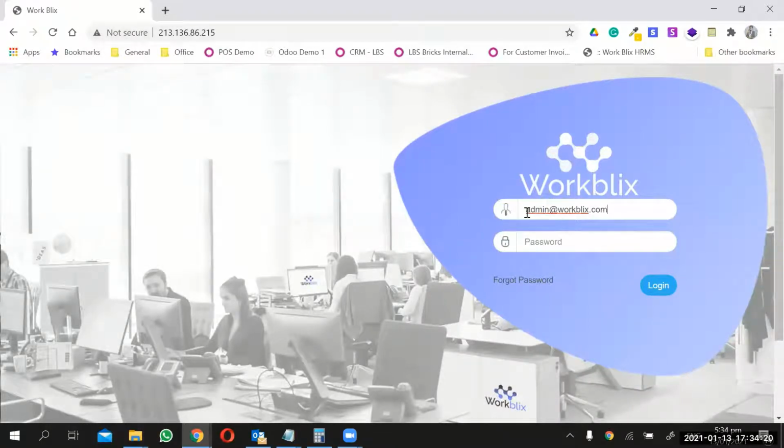This is how you will log in. This is a web-based product, so you will need a web browser to access this. And it has a user-based, role-based access control system. So you can log in with your user, and according to the role and functions assigned to you, you will be able to look at the features of the system. Currently, I'm logging in with a super user, which has access to the complete application.